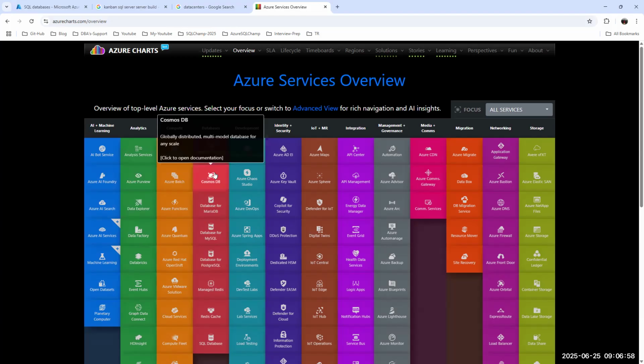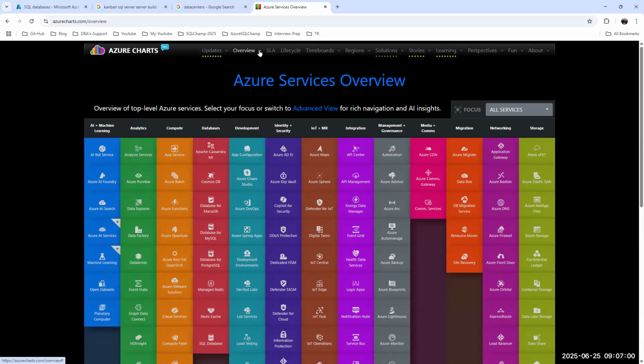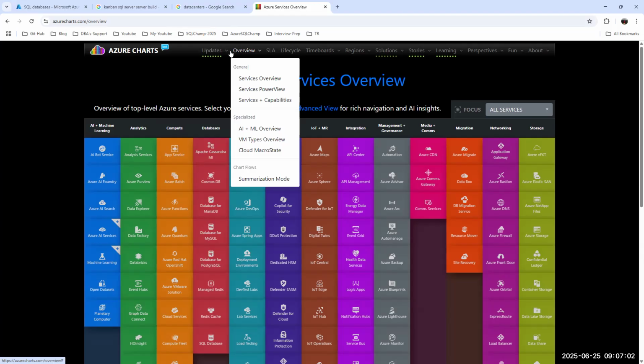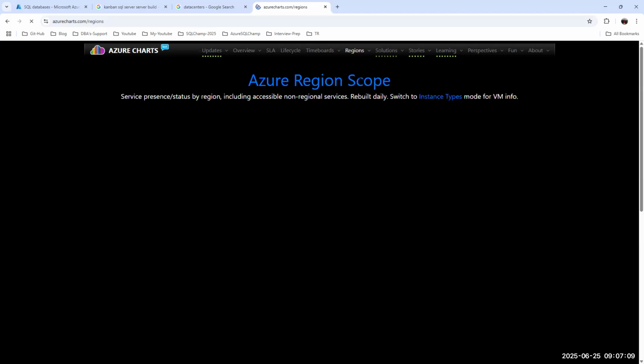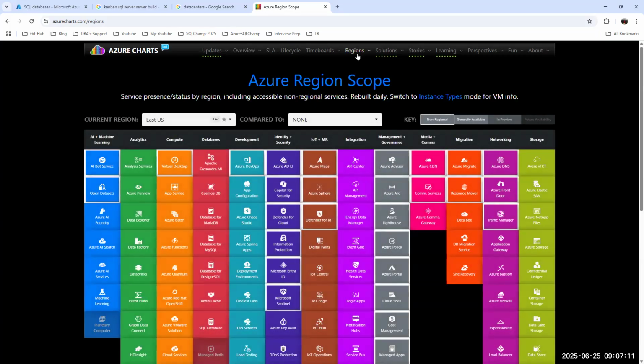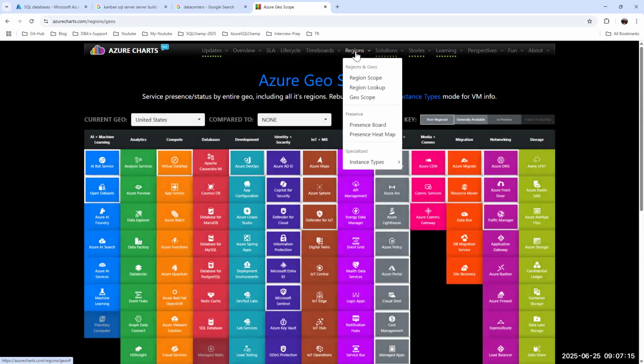There is a concept called region. Microsoft is updating this a lot.